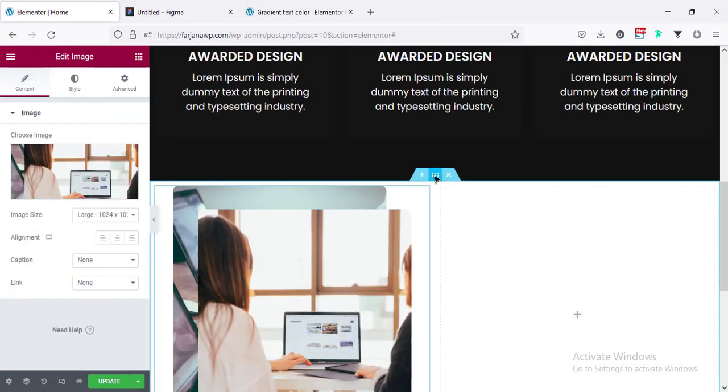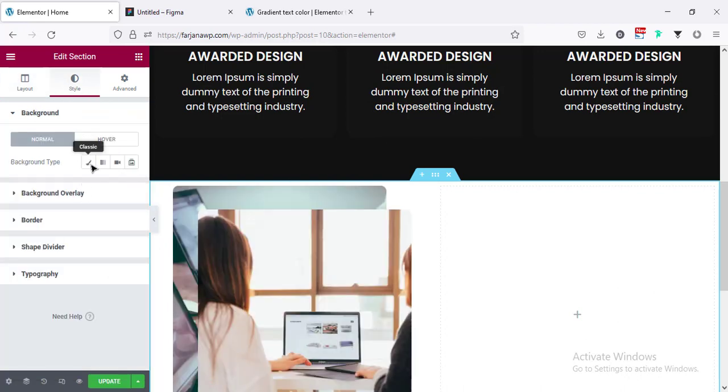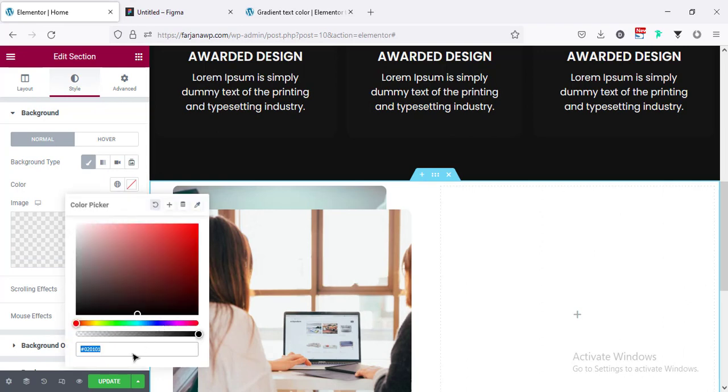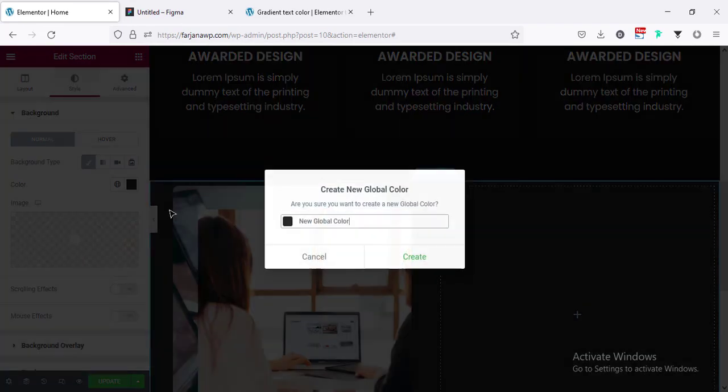So going to edit section, going to style tab, and background color I'm changing the color to 222 and saving this color as black BG2,